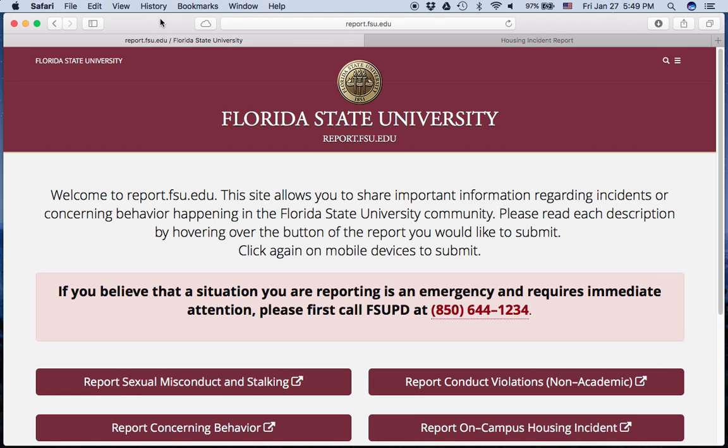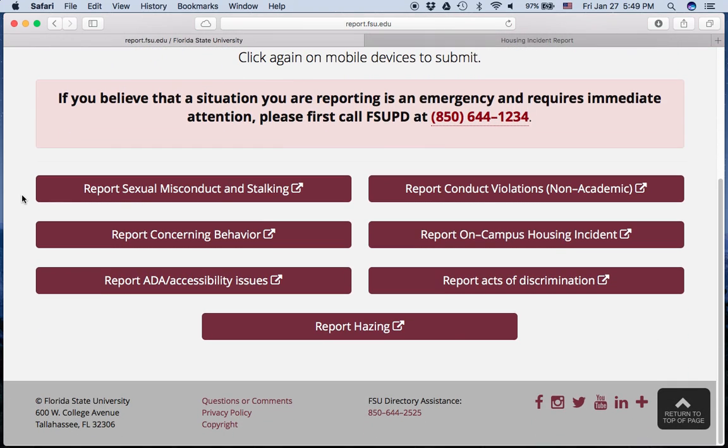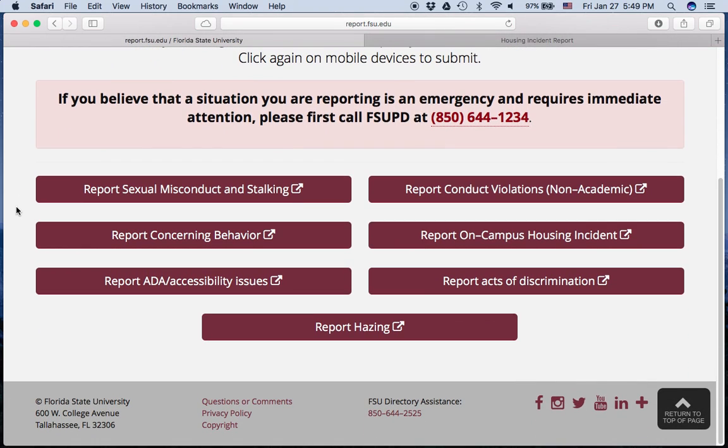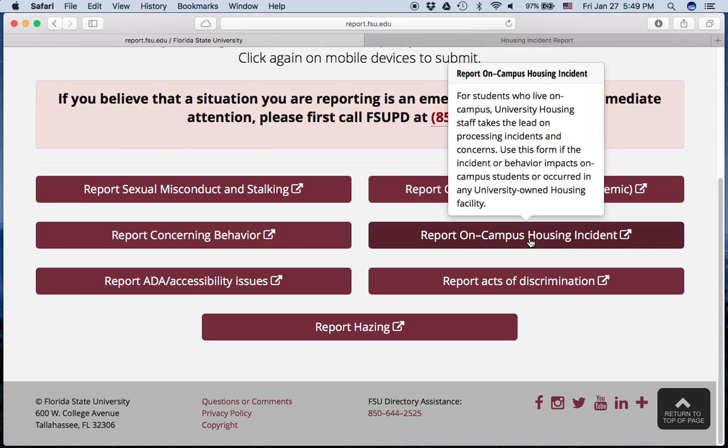form. Once you have reached the report website, you'll be presented with a number of options. It is very important that for all university housing staff or any incidents occurring in university housing facilities that the Report on Campus Housing Incident form is used. While you will see a number of options presented here that may address the incident that you are documenting, all university housing staff members will need to use this form to ensure that all incidents are routed to the correct